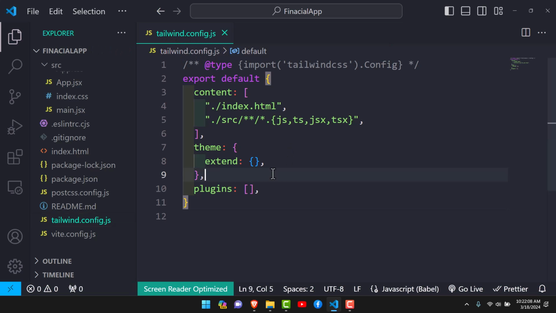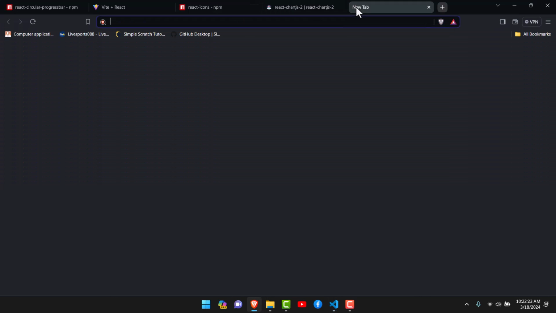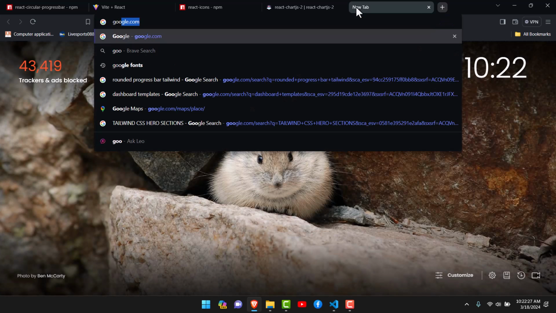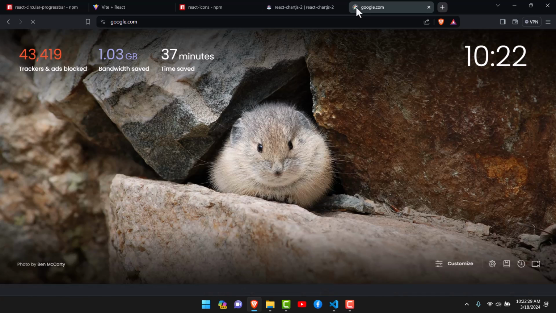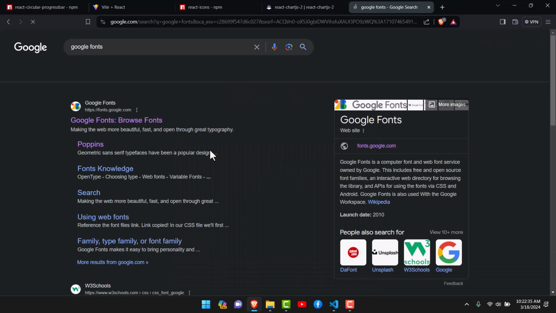So here I'll need to have the colors that we're going to have, plus also we're going to use a custom theme, and that's Lato. So that is one of the things that I think I had forgotten to have it installed. So I need to get to the Google Fonts, because we need to have that Google font,